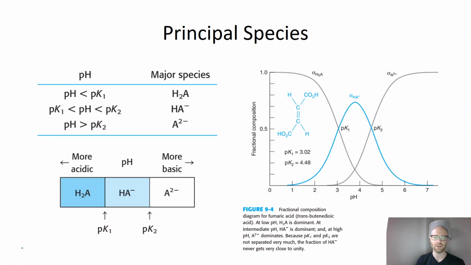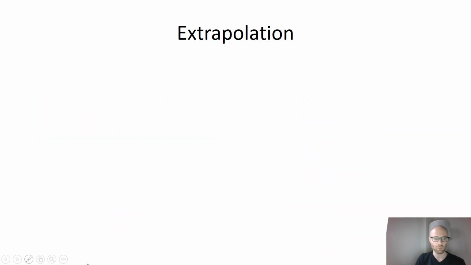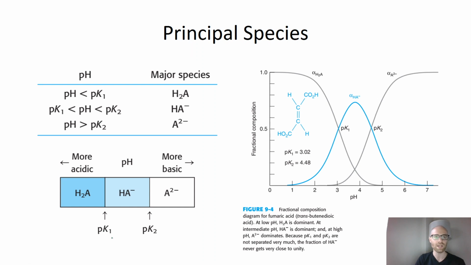So if we go through that process and we graph it, here's what a hypothetical graph looks like. This is not phthalic acid. This is what your book provided, so I'm going to borrow it, thanks to Harris. What we have is that the major species in solution is a function of what the pH is relative to the pK values. Again, if we were to plug in values, if pH equals pK1,